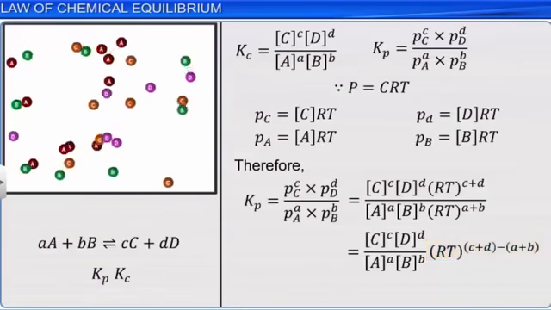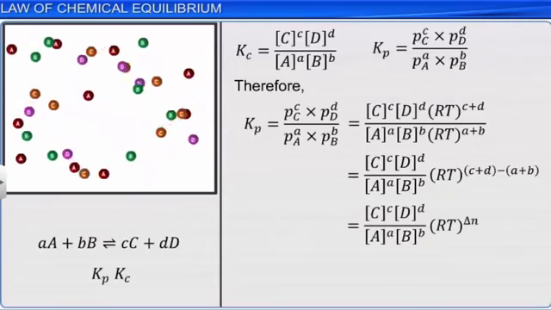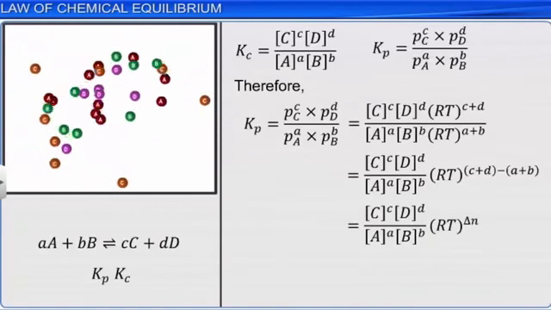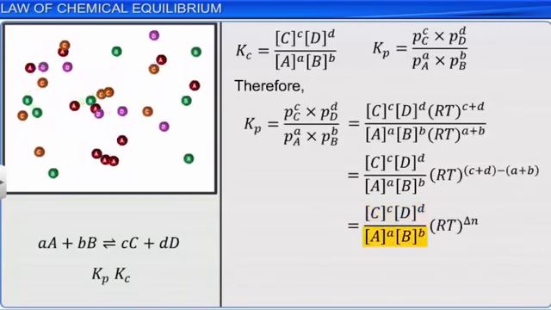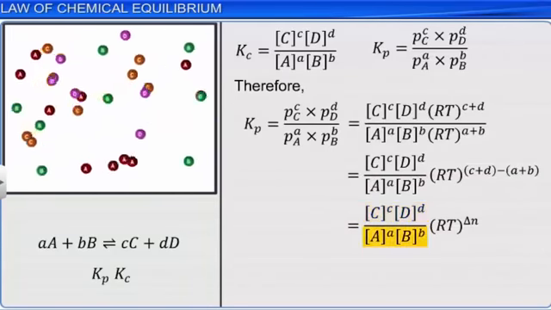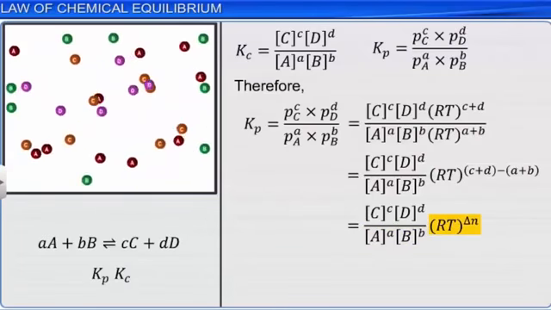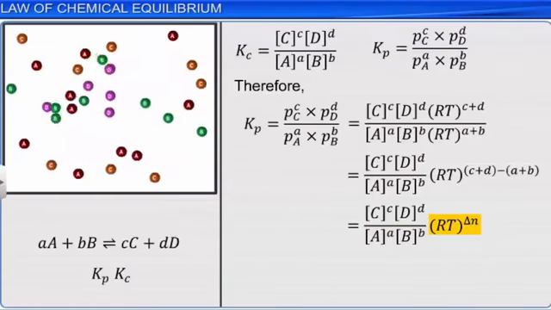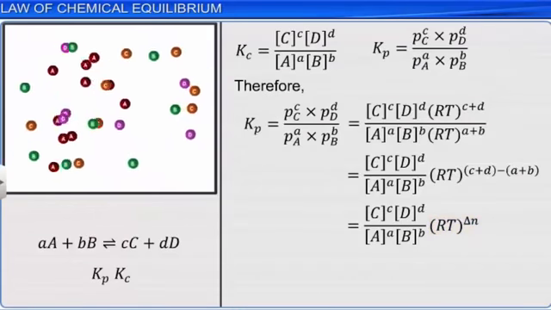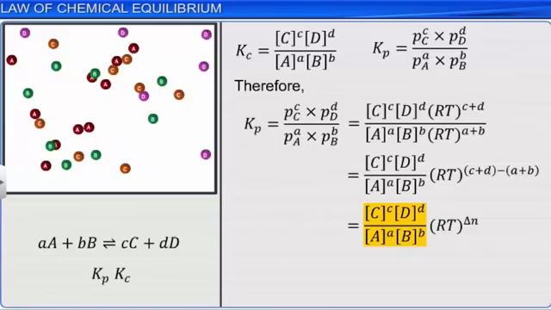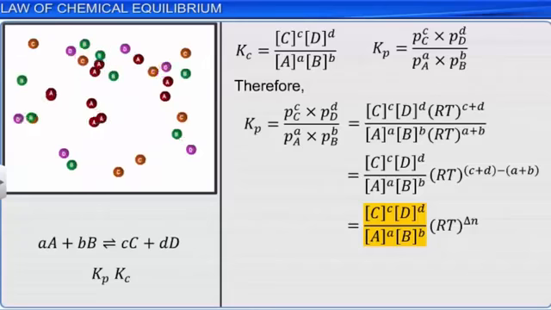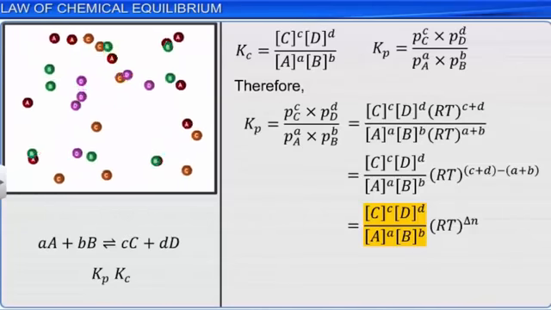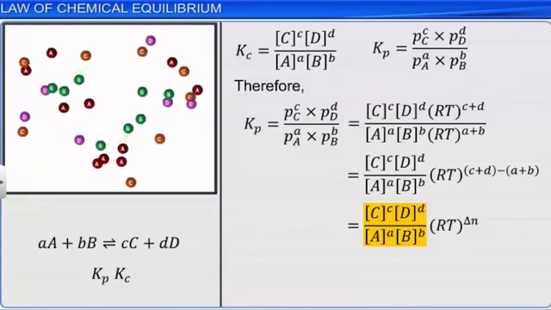This becomes equal to the concentration of C raised to the power of c and the concentration of D raised to the power of d divided by the concentration of A raised to the power of a and the concentration of B raised to the power of b, multiplied by RT raised to the power of delta n. Since the concentration of C raised to the power of c and the concentration of D raised to the power of d divided by the concentration of A raised to the power of a and the concentration of B raised to the power of b is equal to the equilibrium constant Kc,